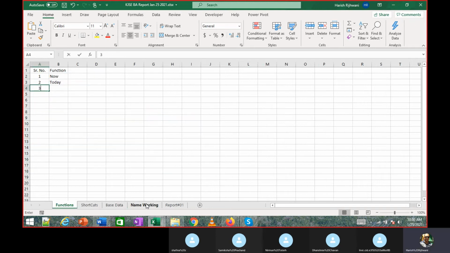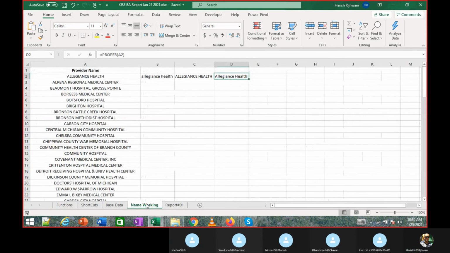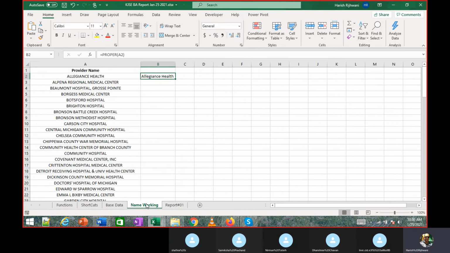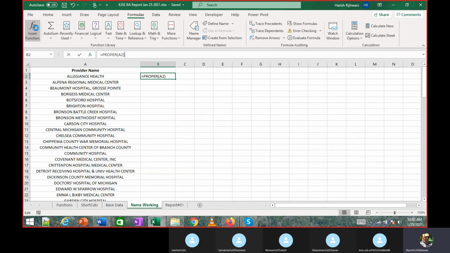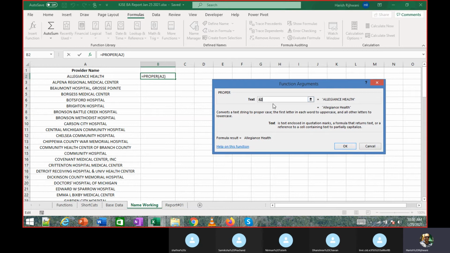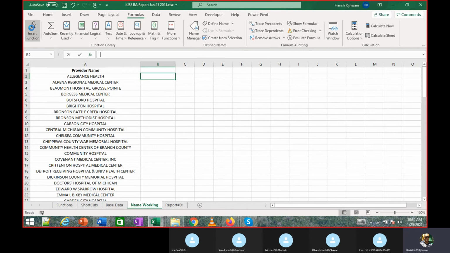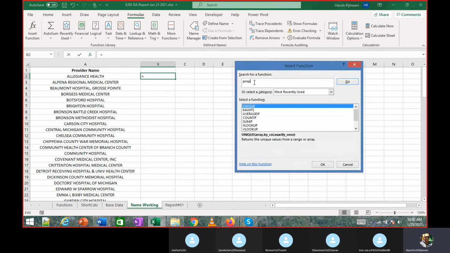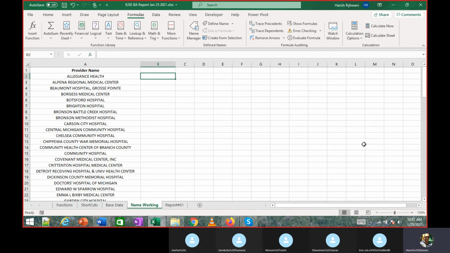So I'm going to list down the functions that we saw: lower, upper, proper. I'm going to delete these two columns. I don't want them. I want only these. Now, if I go to the formulas tab over here and do insert function, it shows me the input argument, and it shows the output also. So if you're not sure of a formula, you go to insert function and search for the formula proper, and it shows this. It also shows the definition, by the way.